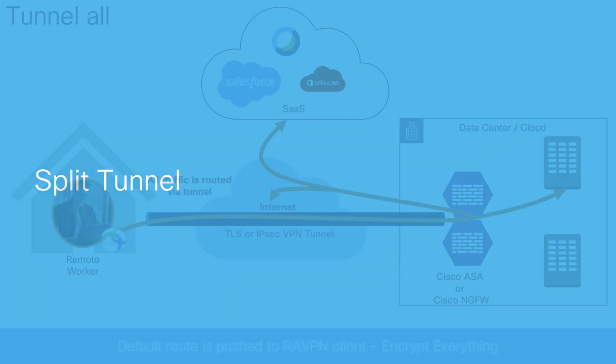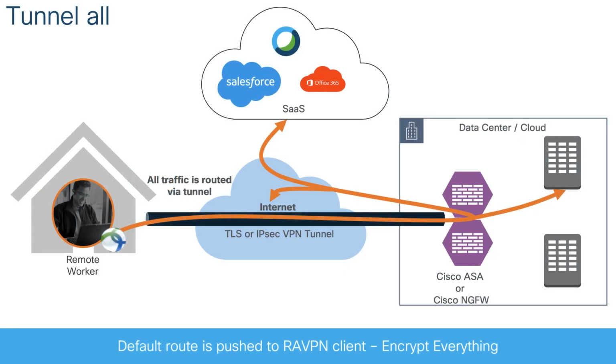Another important thing is split tunnel. If you want, you can send everything to your data center, which is shown here. You can send everything to your cloud environment. If you do not have split tunnel enabled, you can send everything. So even if you are trying to access anything on internet, that traffic is going to be forwarded to your data center or your cloud, and from there you can reach your internet and then you can use those